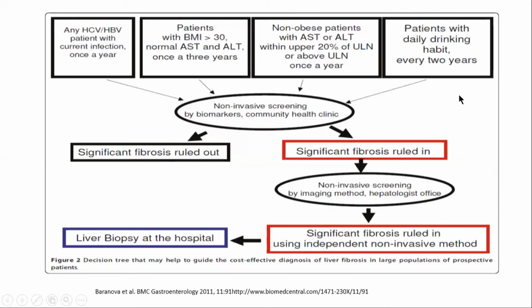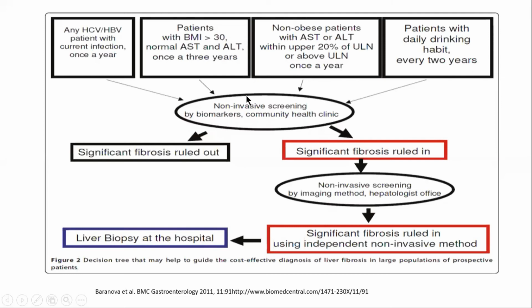So any patient with severe hepatitis B should be evaluated per year. Patients with BMI more than 30 but normal AST and ALT, or non-obese patients with AST or ALT more than 20% above the upper limit, should be evaluated every 1 year. Patients with a daily drinking habit, that is alcohol patients, should be evaluated every 2 years by non-invasive screening,